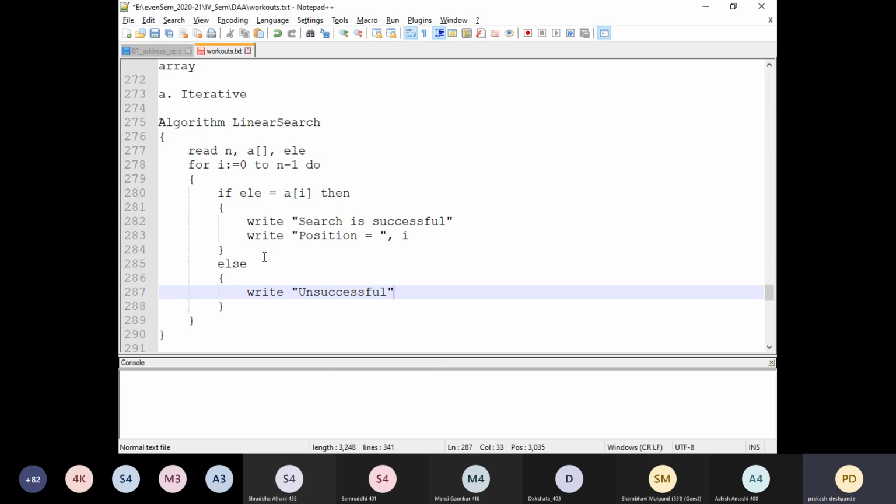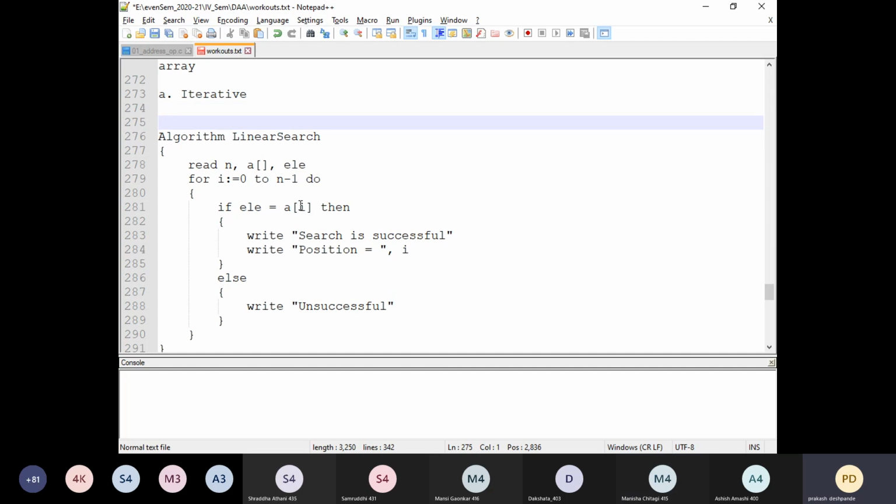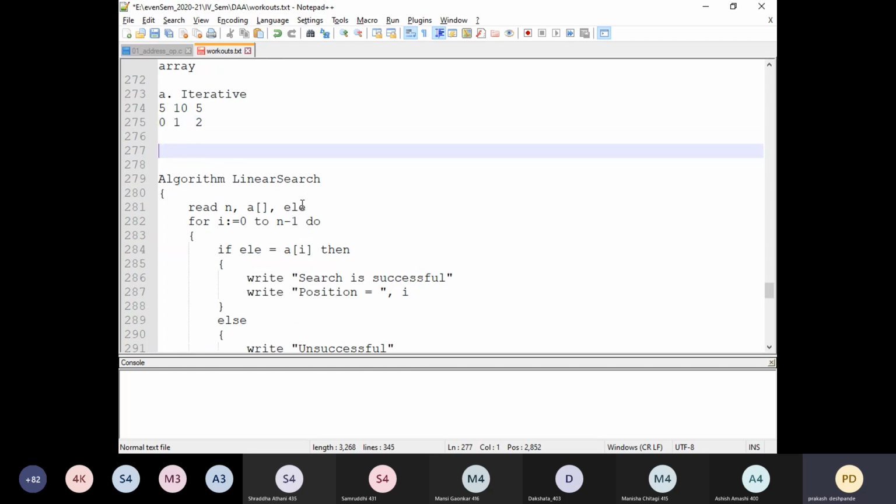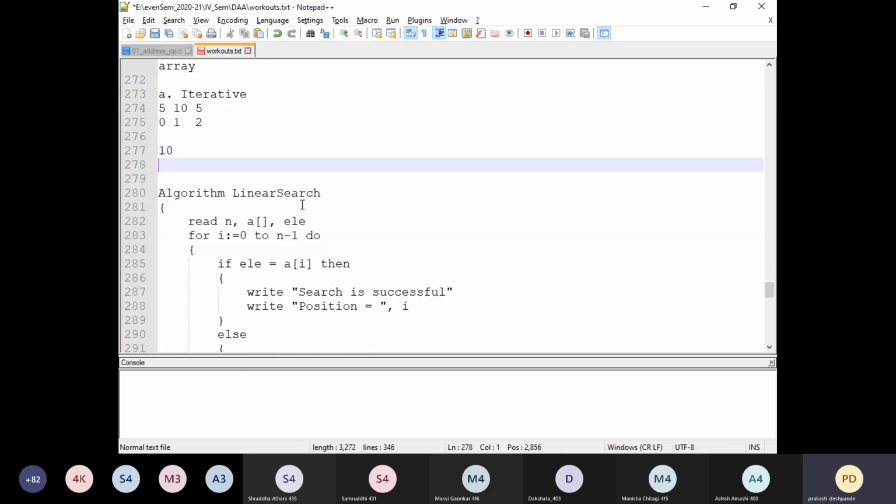How? Only the first element will be checked. For example, take a simple example, 5, 10 and 15 are the three elements, and 0, 1 and 2 are the index values. Suppose I'm going to search for 10.